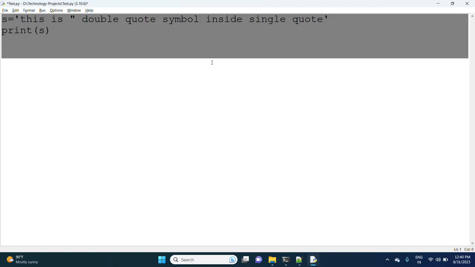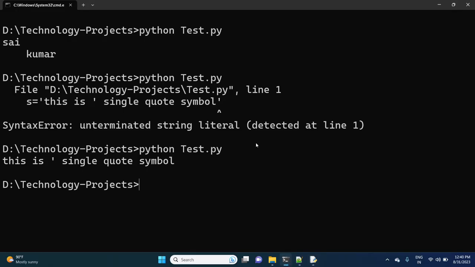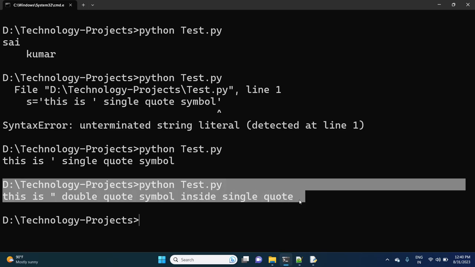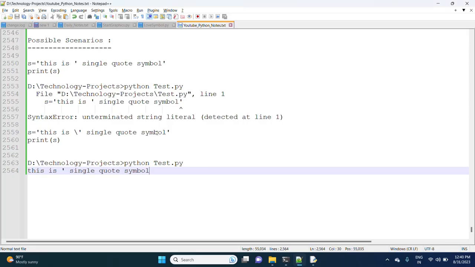Now observe here whether it is correct or not. Observe the output. This is a double quote symbol inside a single quote.